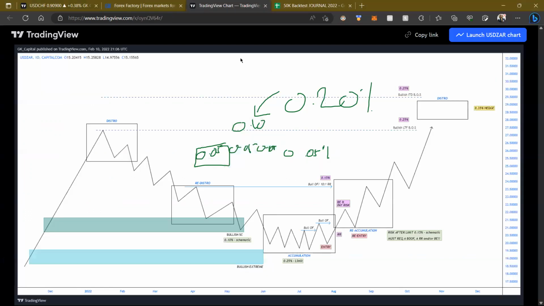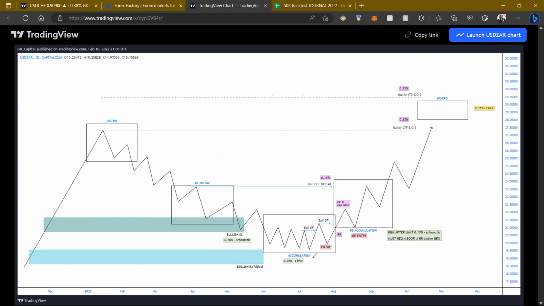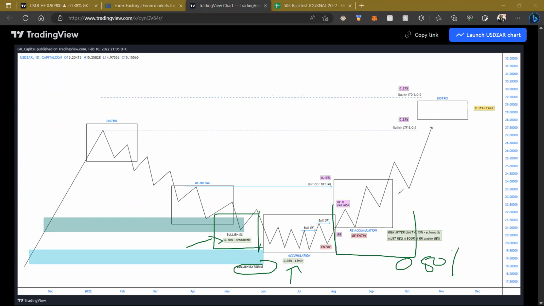Just to give you an idea in terms of why. So this is my game plan. This is how I like to come into it. So let's just say I'm trading at my extreme. My extreme has a 0.50% risk. But what I do is I'll put 0.25 in here, 0.10 up before that in a form of schematic, and then 0.15 after, if the limit doesn't get activated, if this has clapped, and then I miss some sort of entry, I'll be coming into here with a 0.15.